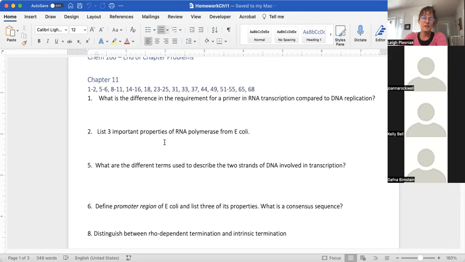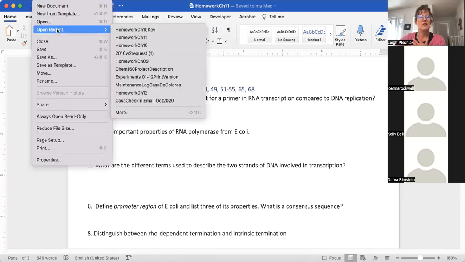Ooh, three important properties of RNA polymerase from E. coli. That's kind of a general thing. Well, I'm not sure what it wanted, but I would say it goes 5' to 3'. The synthesis requires a template. It does not require a 3' hydroxyl. And then I would also say make sure that you know about the core enzyme and the holoenzyme. And the difference there is the